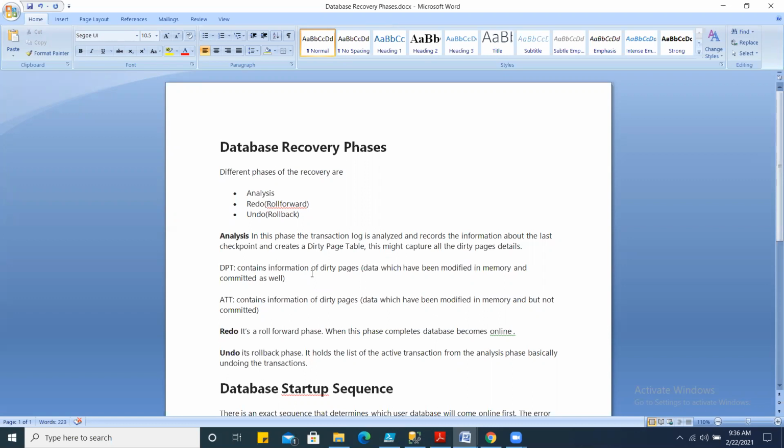Another table created during analysis is the ATT, active transaction table, which contains information of dirty pages which have been modified in memory, but not yet committed.